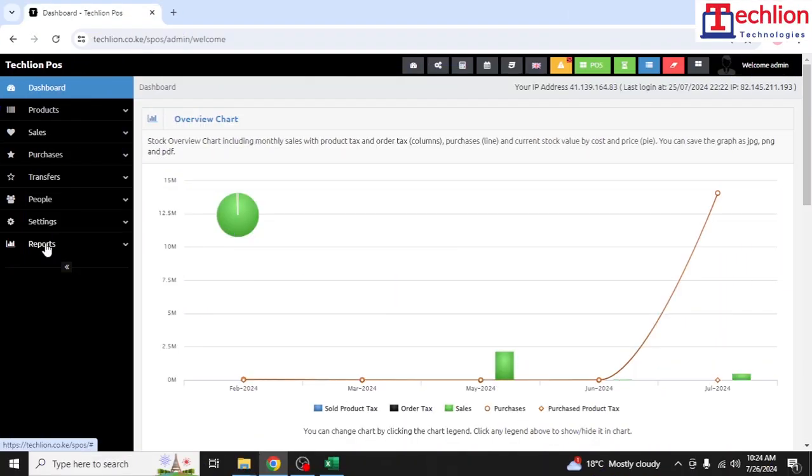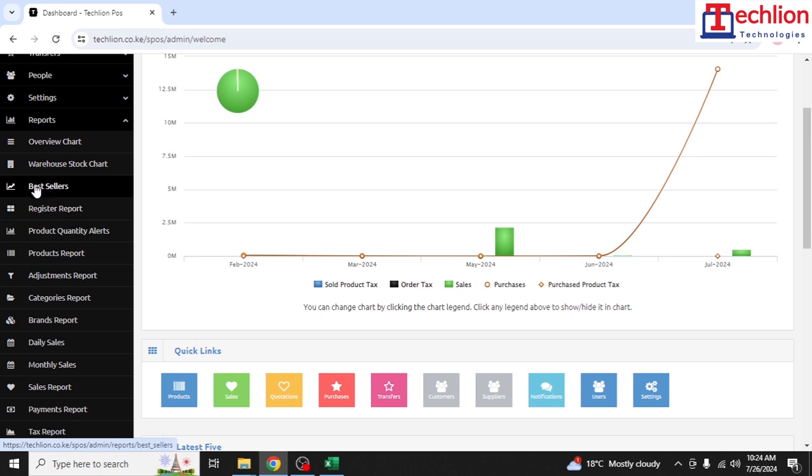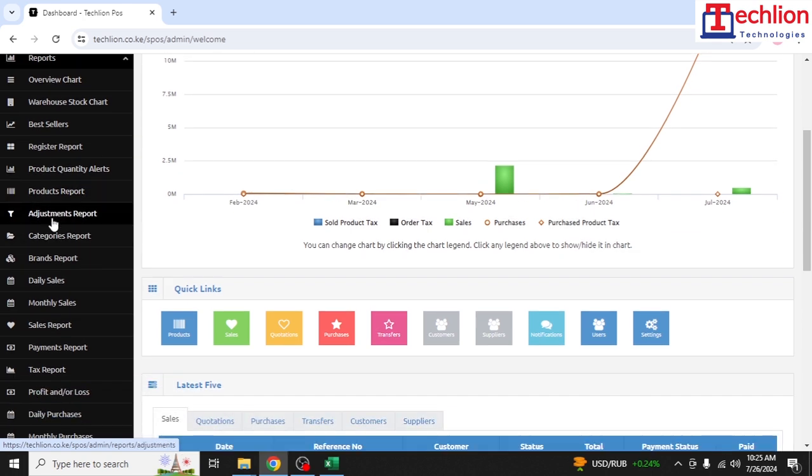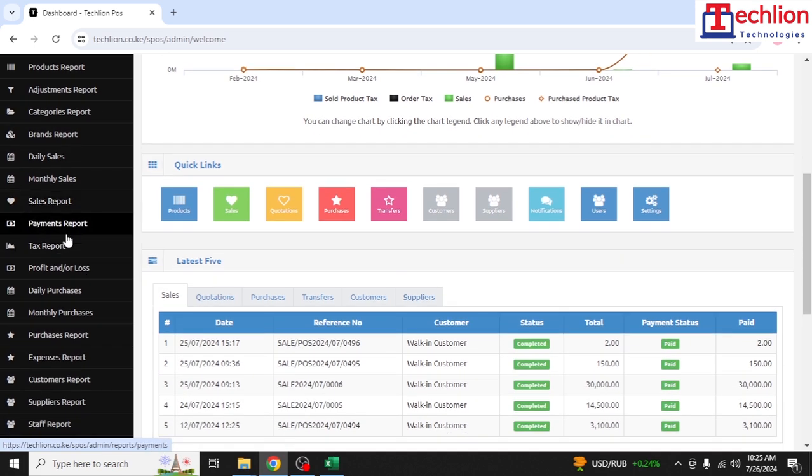On the reports menu, you will find all the detailed reports of everything pertaining to your business. You will have an overview chart of your business, warehouse stock chart, best sellers report, register report, product quantity alerts report, product report, adjustments report, category report, brands report, daily sales report, monthly sales report, sales report, payments report, tax